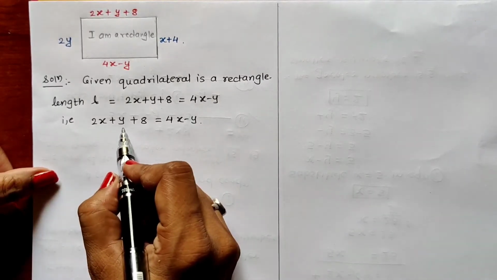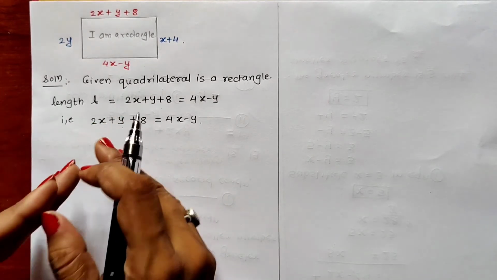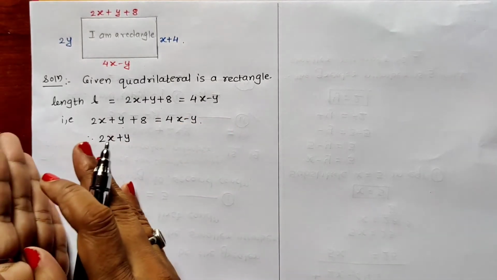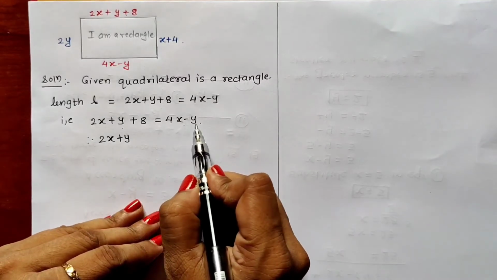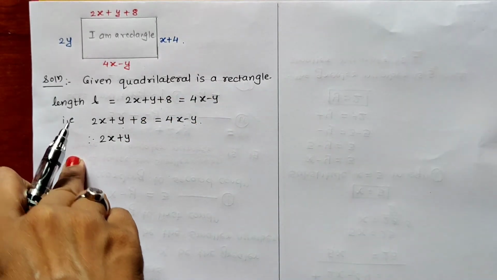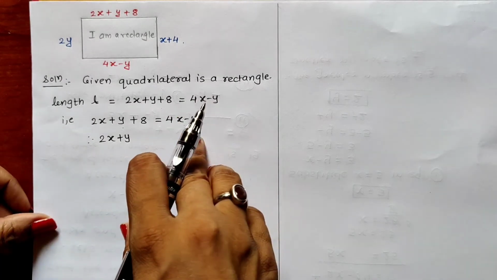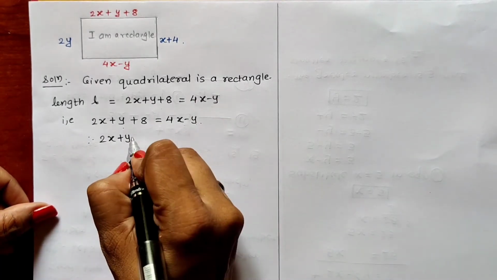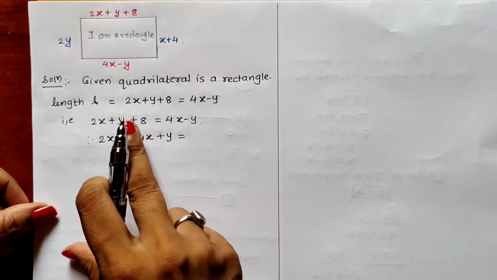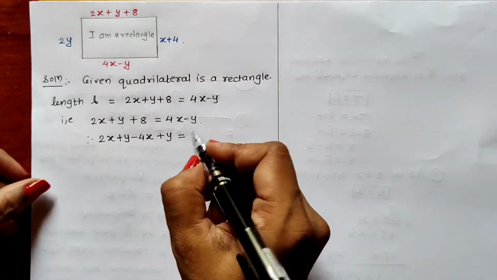So let us do the same in this sum also. 2x plus y, these are the two variable terms on the left hand side, so we keep them on the left hand side only. 2x plus y as it is. I will bring this 4x minus y, these variable terms, from the right hand side to the left hand side. While bringing them, we have to change their sign. Plus 4x will become minus 4x, minus y will become plus y, equal to sign. Now the constant term we will bring from left to right. Plus 8 is the constant term, it will become minus 8.